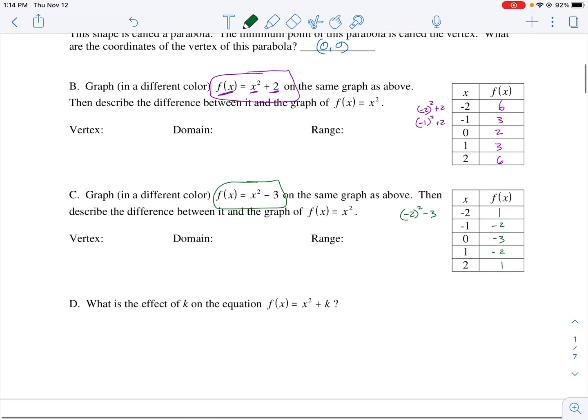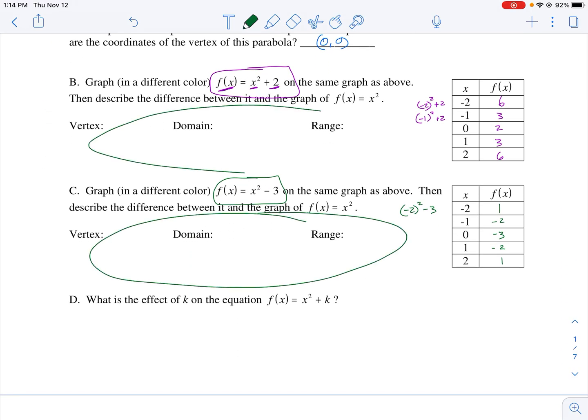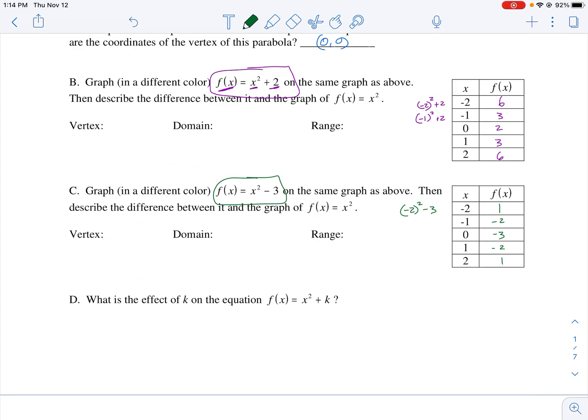So now we've done those, and I'm going to leave it to you to fill these things in. Remember, vertex is highest or lowest point. Domain's how far left and right it goes. You just kind of put parentheses around it. And the range is how far down and then how far up it goes. And if one of those actually reaches a value, which is pretty common on your range, you can put